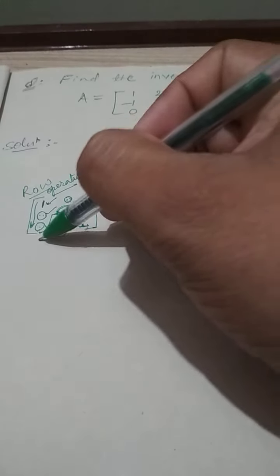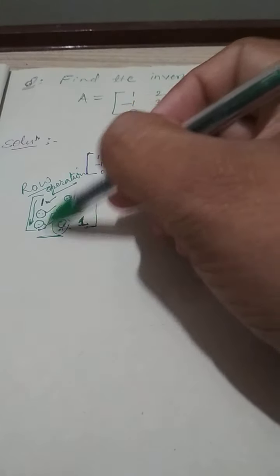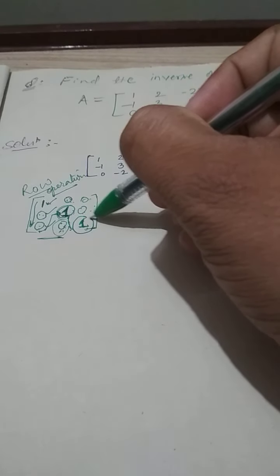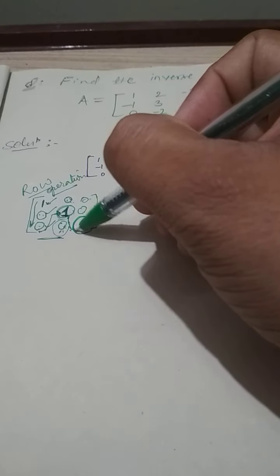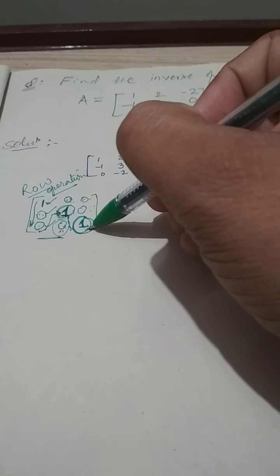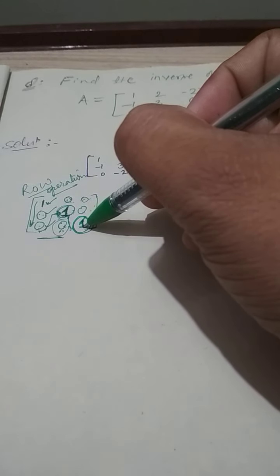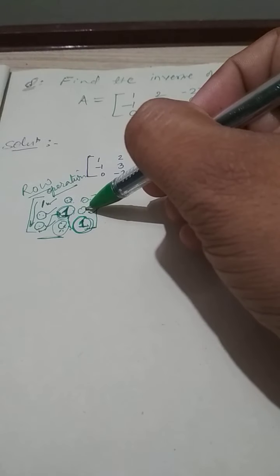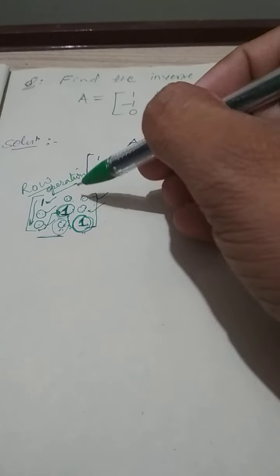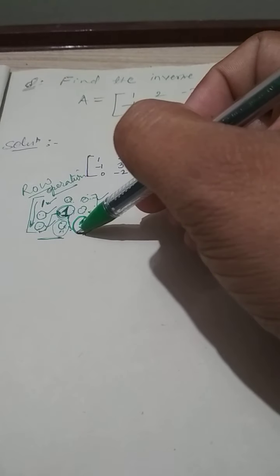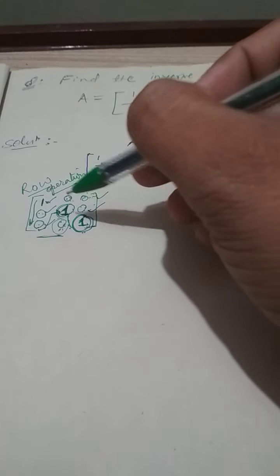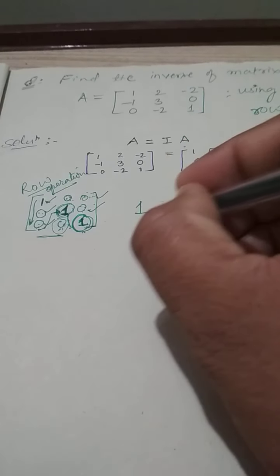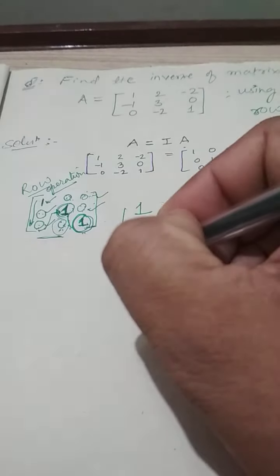Then after making these two columns match the identity matrix, you should focus on the third row, third column. This element should be 1, unity, and once you have accomplished this, the remaining two zeros will be automatically obtained by operating R2 changes to R2 minus something times R3, or R1 changes to R1 minus something times R3. So this is the procedure. Once again I repeat: the first row, first column element 1, then 0, then 0, this is the direction.